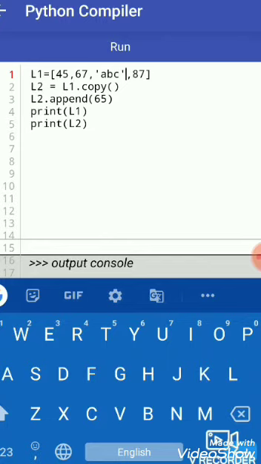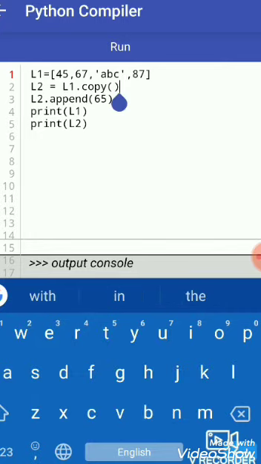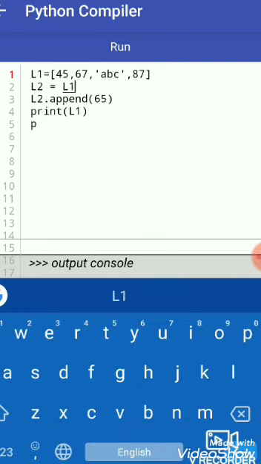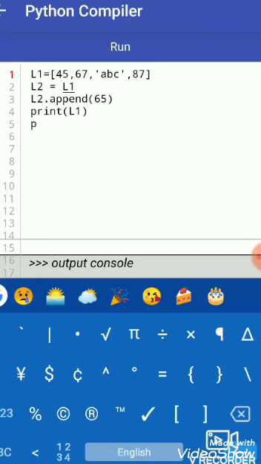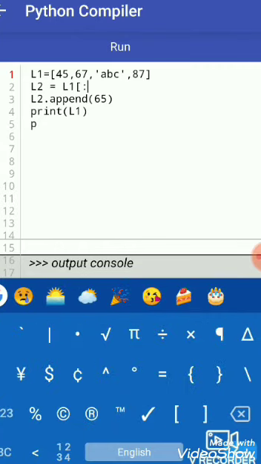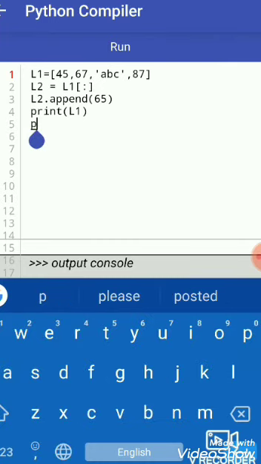For creating a slice, in place of L1.copy() we write L2 equal to L1, and in L1 we input the colon sign, and then print L1 and L2.